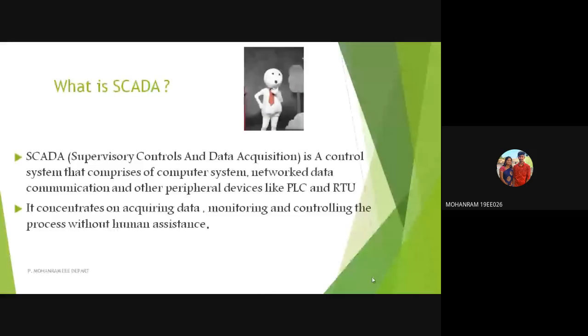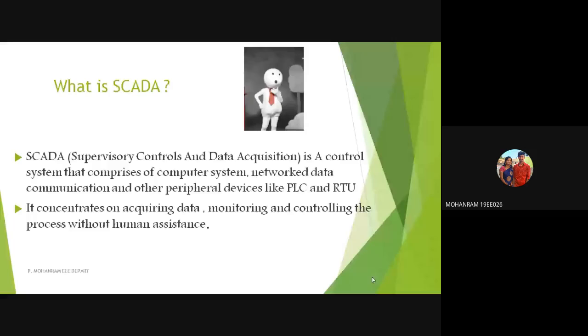The SCADA system is connected to sensors, valves, and the objects in the industrial process through HMI. HMI is nothing but the human machine interface, which is the communication between the human and the objects in the factory or industries. So the SCADA system collects the data from the process, so it can monitor and give commands to the process to get higher productivity of that industry. So next,